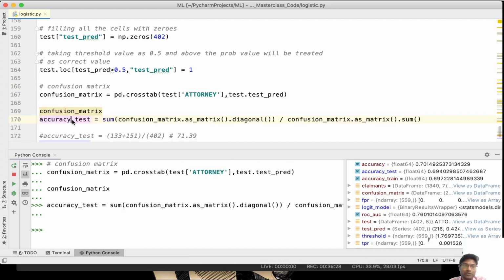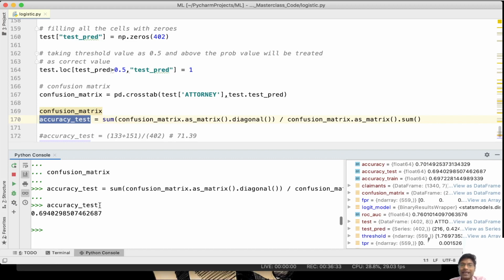This is the final portion which I am most interested in. The reason is the accuracy value calculated on top of unknown data and train data. Accuracy train and test should be equal or of the same level. Accuracy test should not be too much lower than the accuracy train, otherwise it means accuracy is good enough for trained data, but for unknown data my model is not predicting correctly. But in this case it is the same. For accuracy train it is 0.69, and for accuracy test it is also 0.69. So then we are good to go.